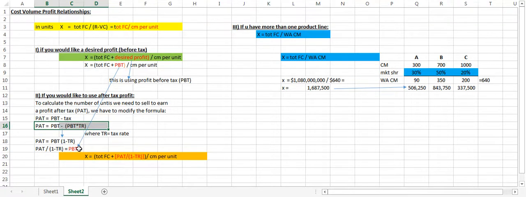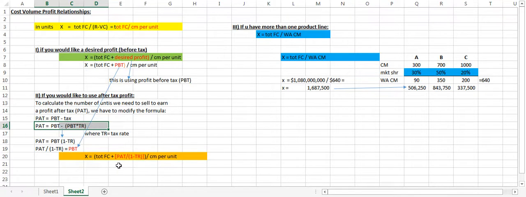Now that I have profit after tax expressed in PBT, I can just put it back into the original formula. And then that formula is going to look like this. So you have total fixed cost plus profit after tax divided by 1 minus TR, all divided by contribution margin per unit. And you got to be real careful with the parentheses here as to what needs to be done in terms